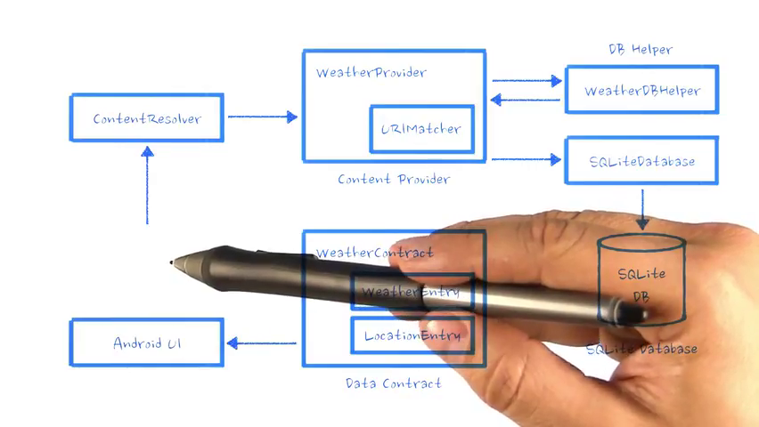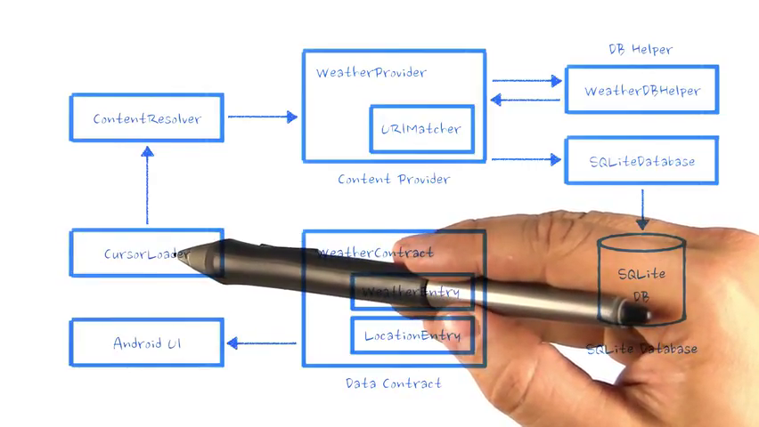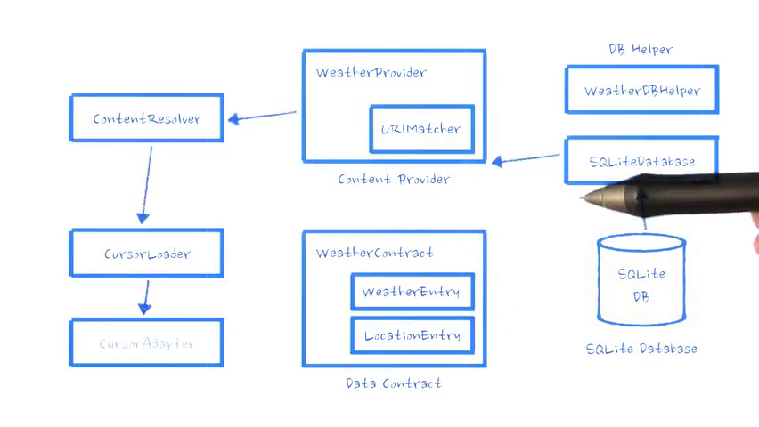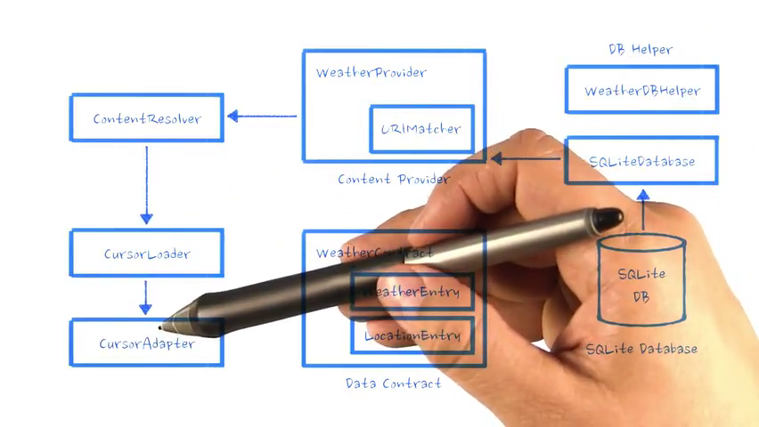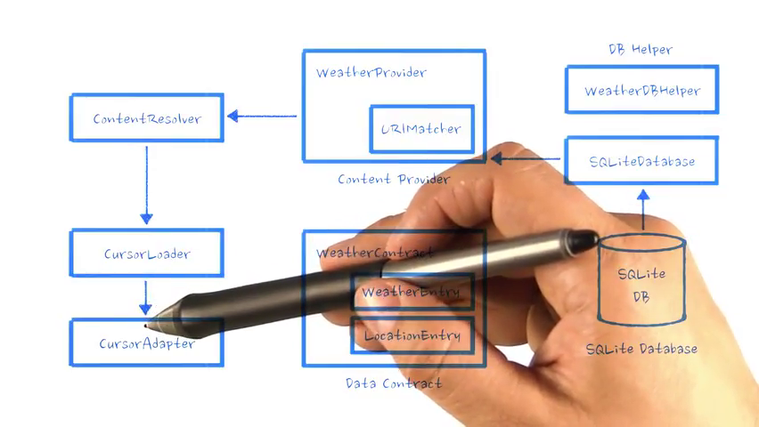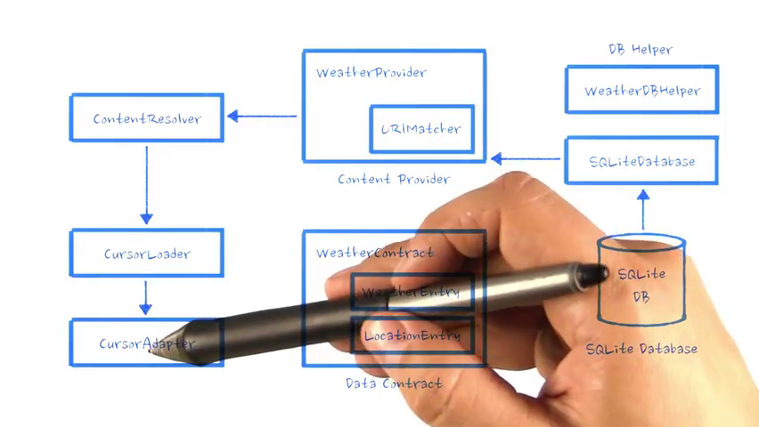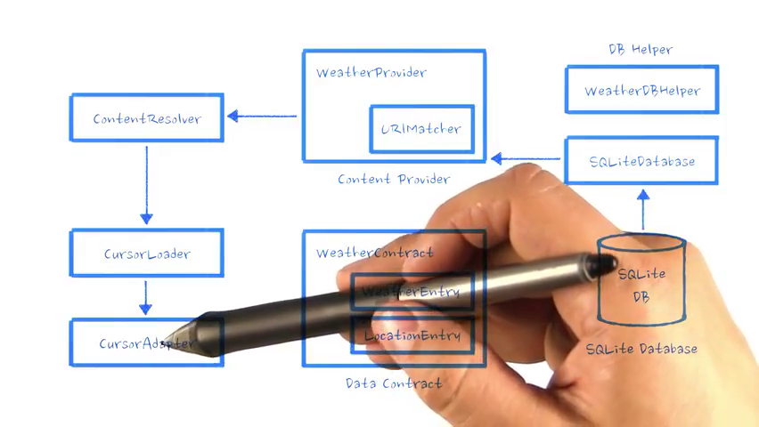CursorLoader takes the URI and calls the content resolver on our behalf inside of an async task. Ultimately, the cursor gets returned to the Android UI, and it will be used by a cursor adapter to populate the list view in Sunshine from our database cursor, similar to the way our array adapter populated the list view